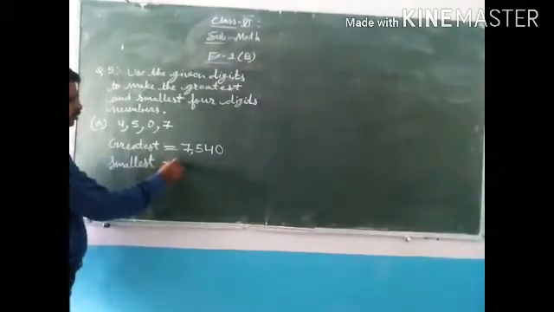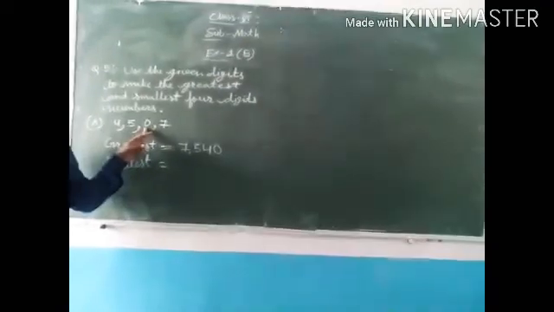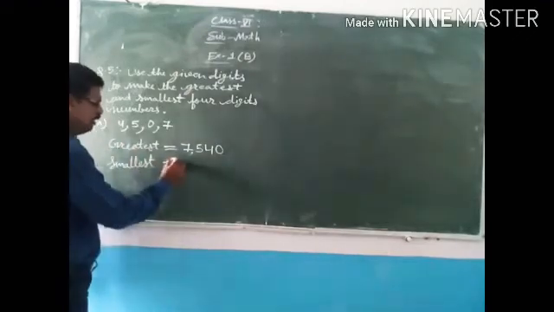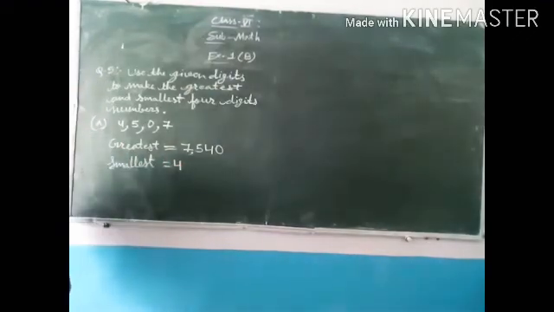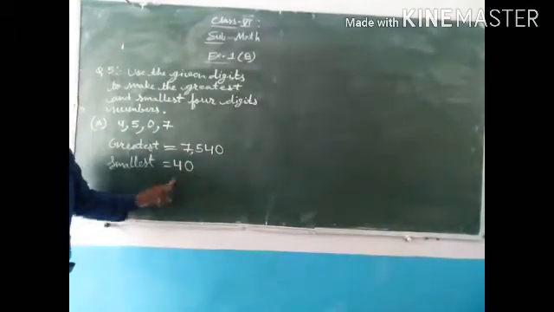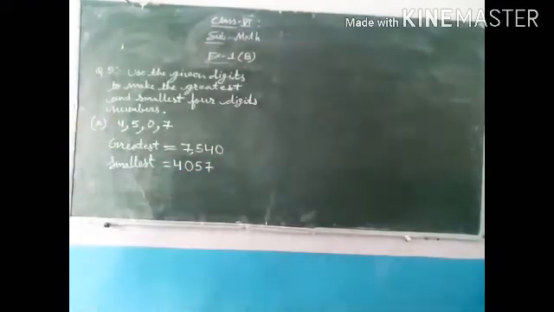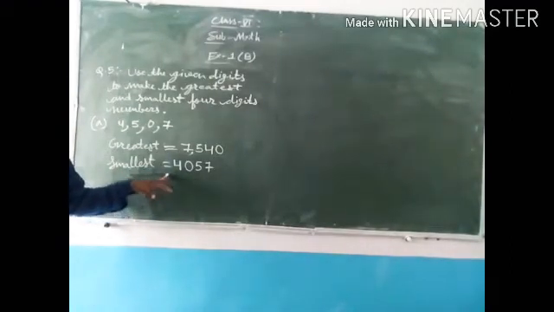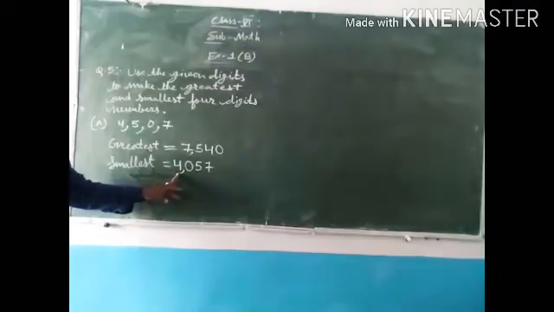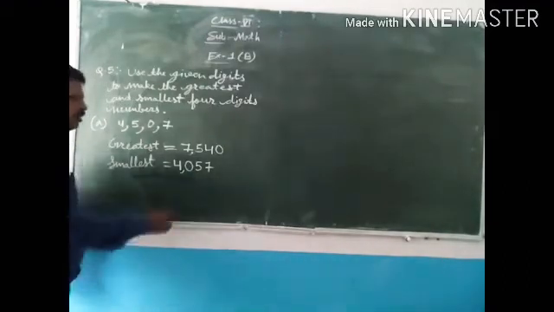So you will have to write like this. First we have to see the smallest digit. The smallest digit is 0, but 0 cannot come in the beginning. So after 0, which is the smaller one? 4. So we will write 4 first. And then we put the smallest digit, that is 0. Then bigger than 4 is 5. And in the last we write 7. So this is the smallest 4-digit number, and before the last 3 digits we put the comma. And how to read this smallest number? 4057. Understand? So this is the correct one.